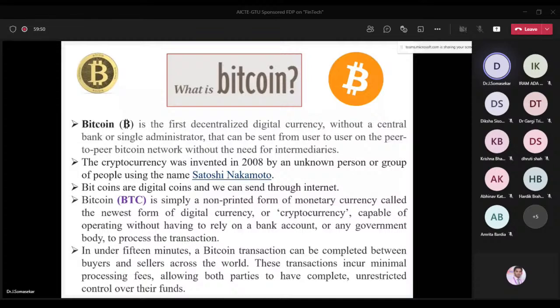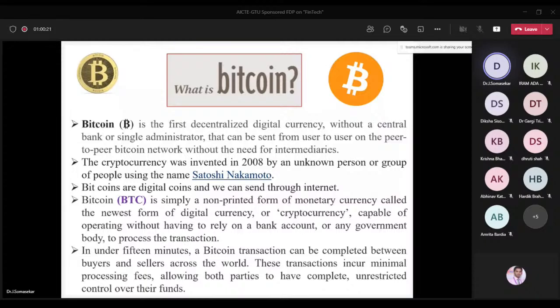Suppose we go for a centralized currency, what do we have to do here? What does it mean? Let us assume I am one person and my friend is there. Here a bank is there, this is the centralized one. Whenever I want to transfer money, it will go through the bank only. But when you come to the decentralized one, that is called Bitcoin, virtual money, digital money or cryptocurrency, this third person, that means the bank, does not come into the picture. So we are going to remove this. Directly we can transfer money. That is called virtual money.